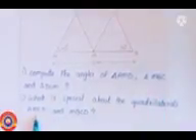Fifth question. In the figure below, the lines AB and CD are parallel and M is the midpoint of AB. We have to compute all the angles of triangle AMD, triangle MBC and triangle DCM. And the second part is, what is special about the quadrilaterals AMCD and MBCD. First, we have to find all the angles of these three triangles.